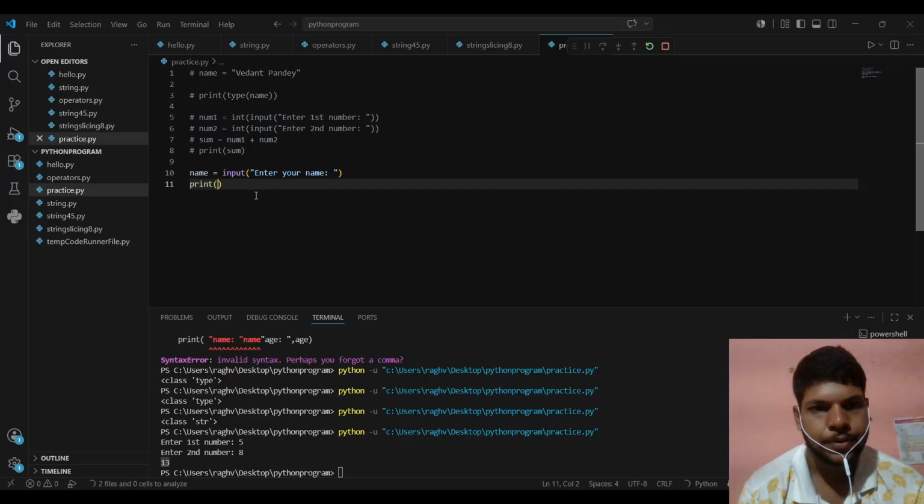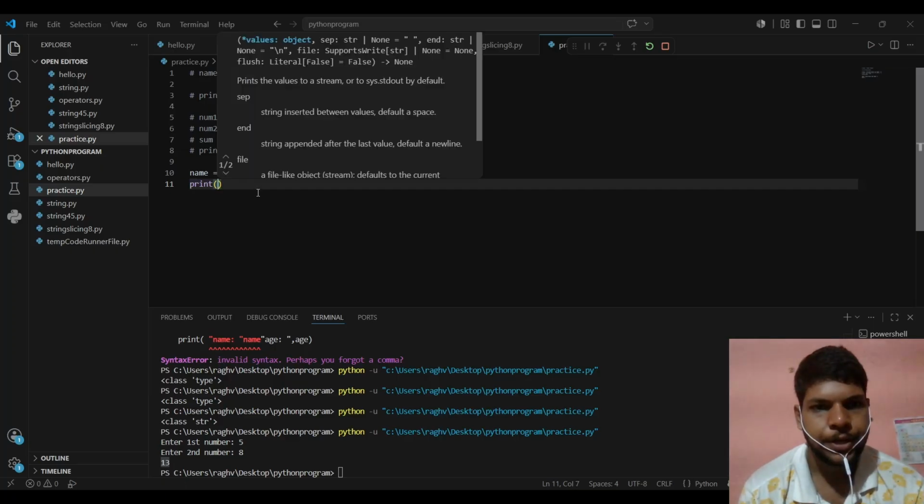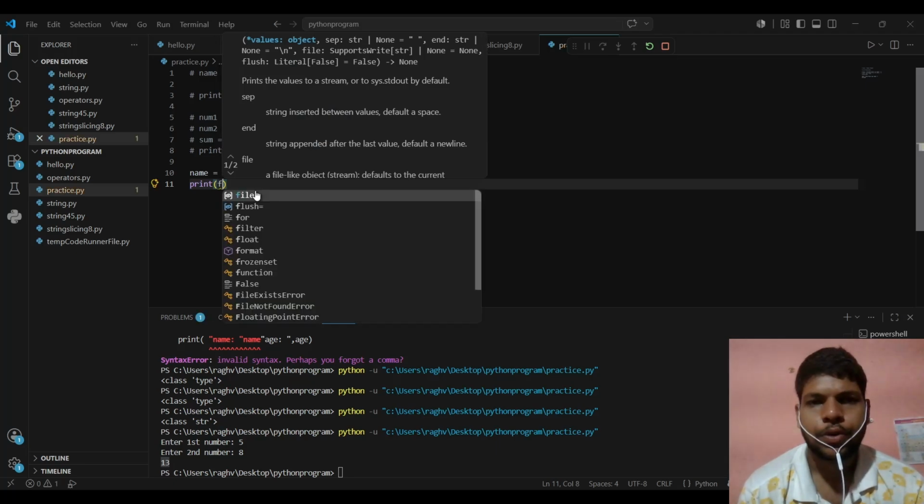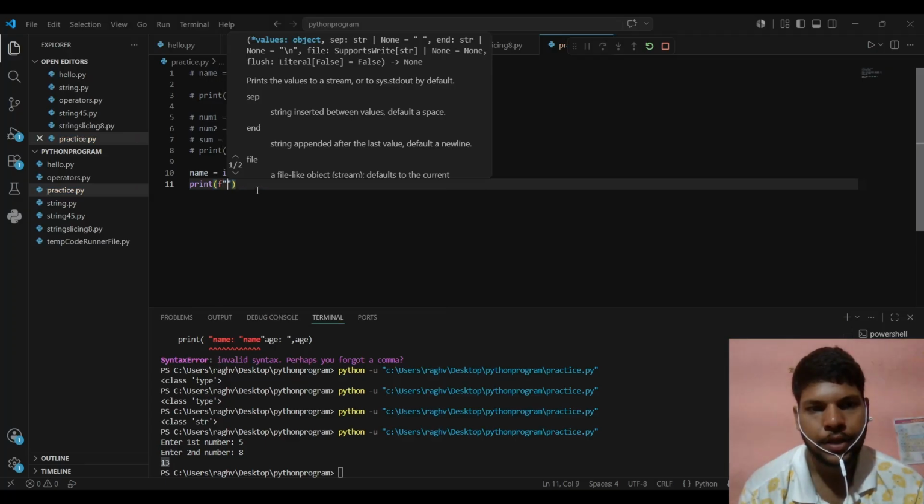Print. After that I will be printing my name. And for the greeting, I will use an f-string. Let's see how to use an f-string. First you will write f, then double quote, and all the things you want to print